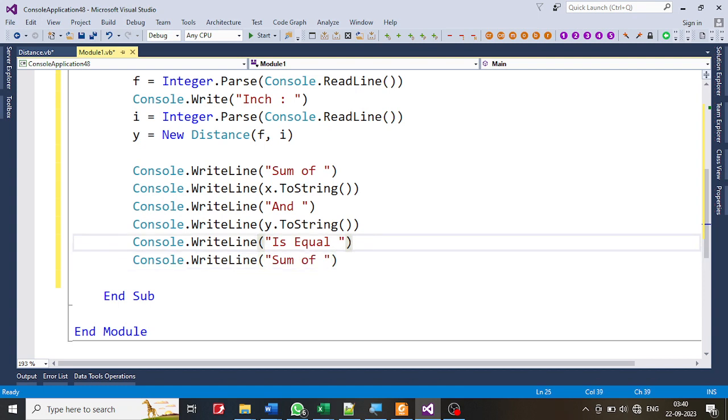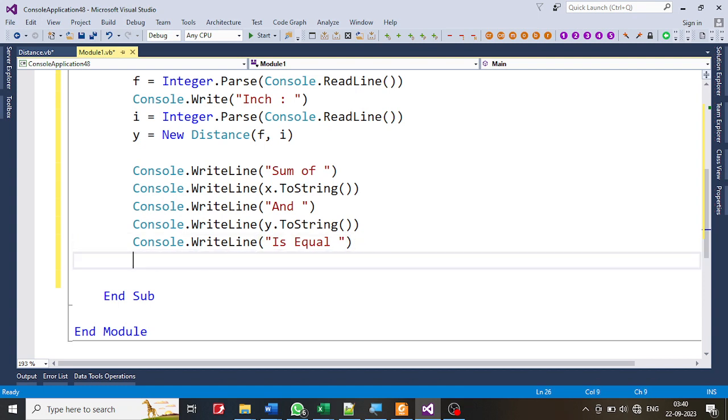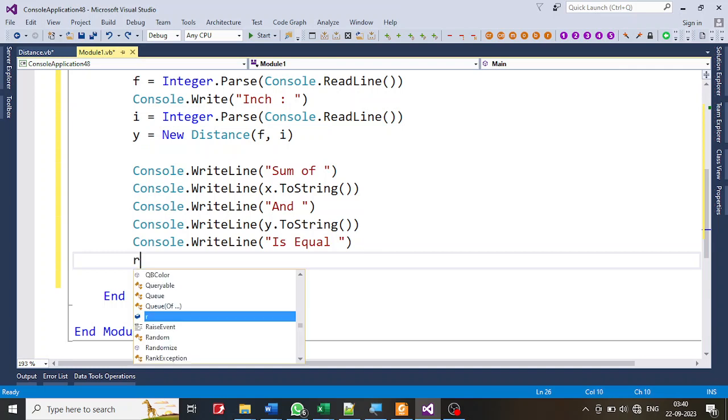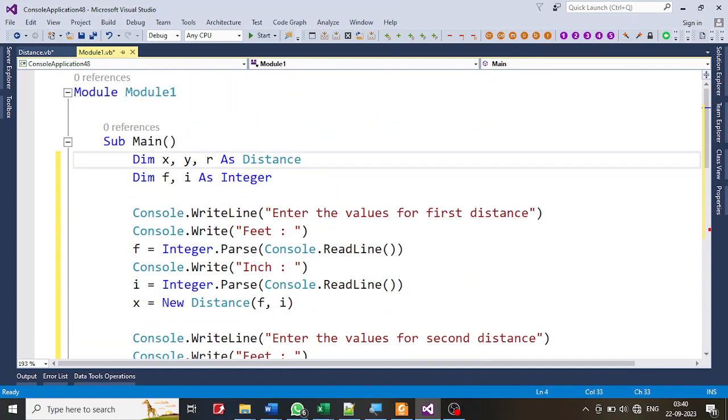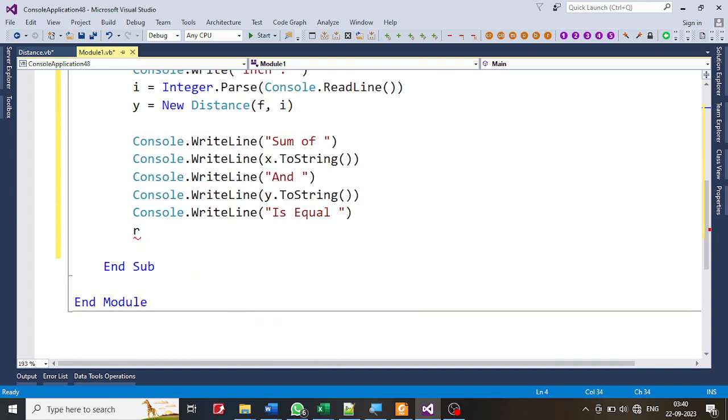How do you get the number? So this is not right. Get the number. How do you get the result? What I have written over here is r is equal to x plus y. This is what I am doing. So x value is known, y value is known, I have to find the r. So how do I get this r now? r is equal to